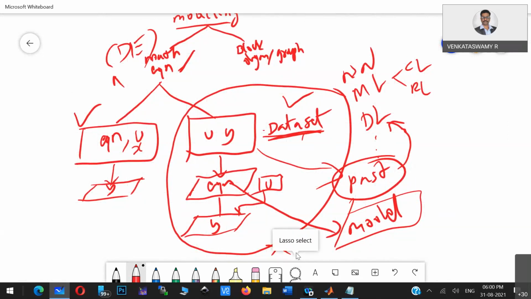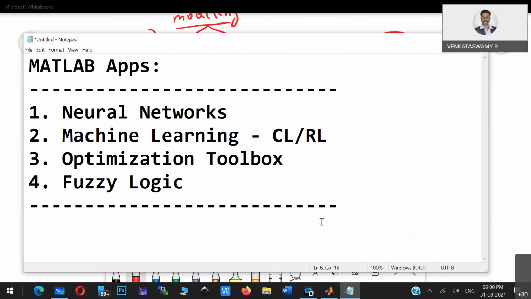So just try to adopt, and in that direction, I'll try to give the demonstration. We'll try to learn neural network, machine learning, and deep learning together. Now you should be very clear about when you have to take neural network and machine learning, these two techniques. Shall we go for some simple demonstration of this particular toolbox?